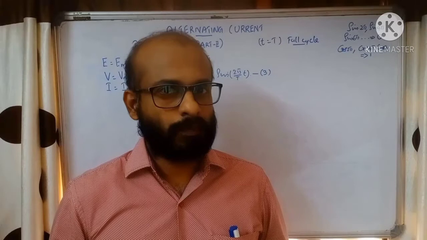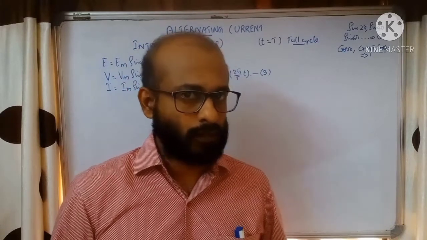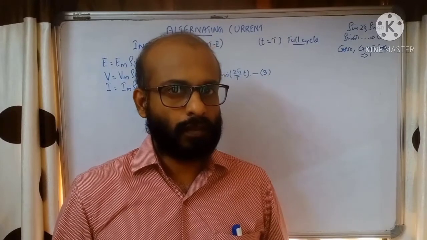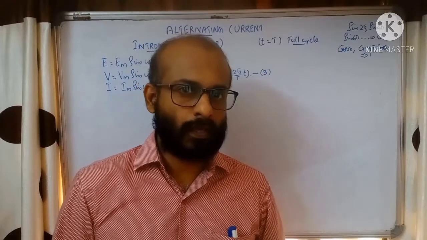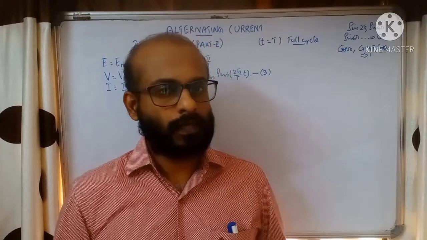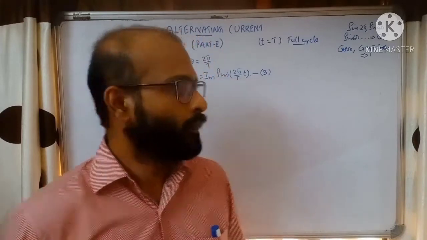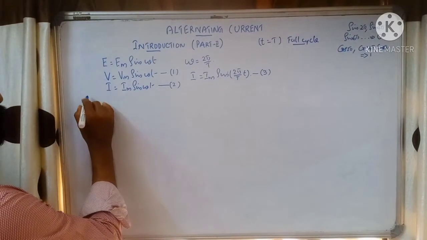Today we have the second part of the introduction of alternating current. In the last class we have seen the first part. There we have seen the integration to get a few average values of sine omega t, cos omega t, sine 2 omega t and cos 2 omega t. Now we have continuation. So here we'll start with the average value of